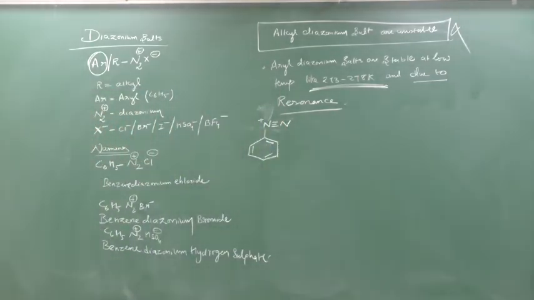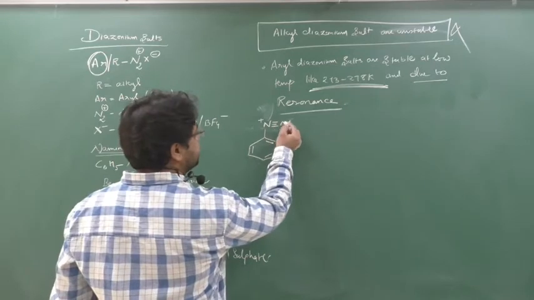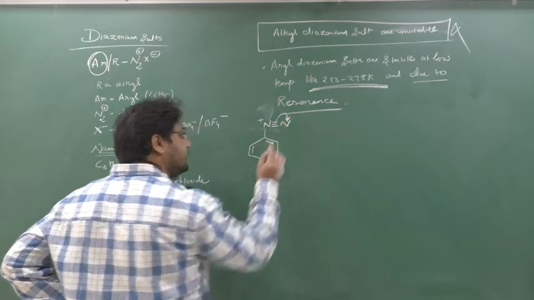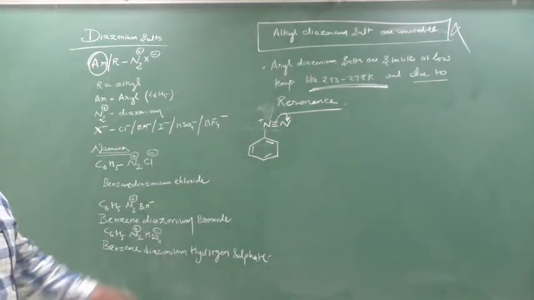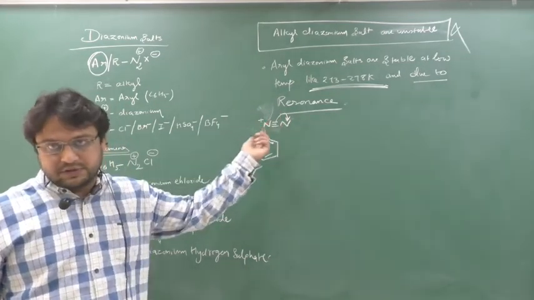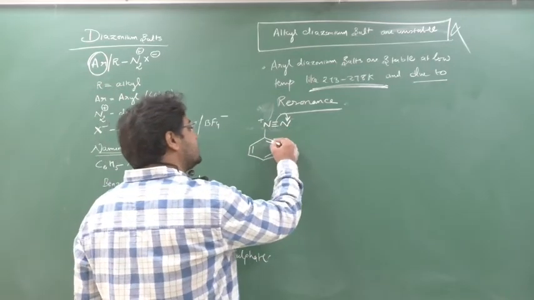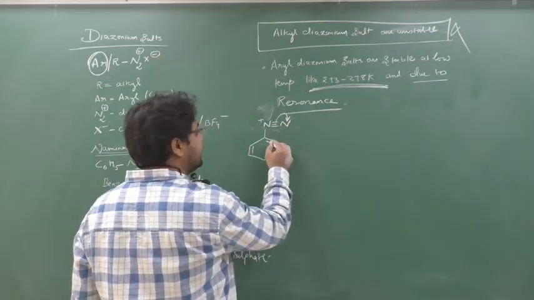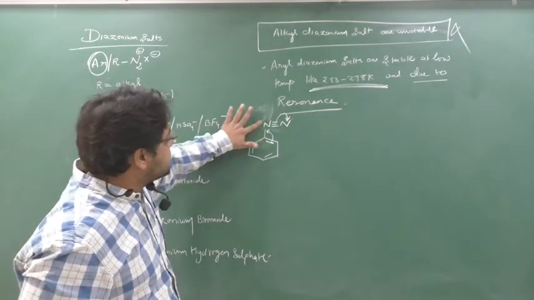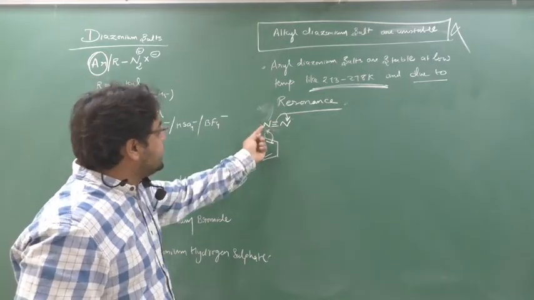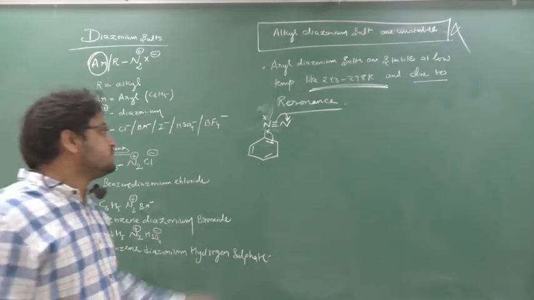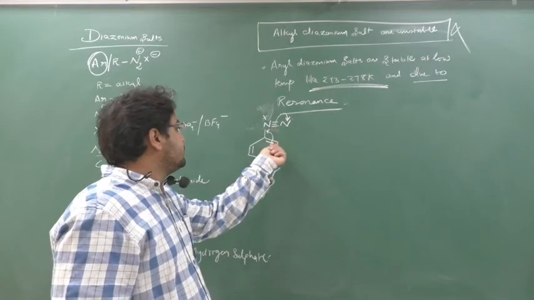Now what will happen? See this: 1, 2, 3, 4, 5, 6. This is in need of electron. So if this triple bond shifts here, there will be a vacancy, so this bond will come to help here. This is N plus, and if this is the structure, if this bond shifts here, it is giving the electron, so positive charge comes here.